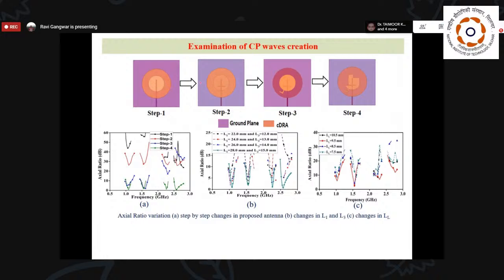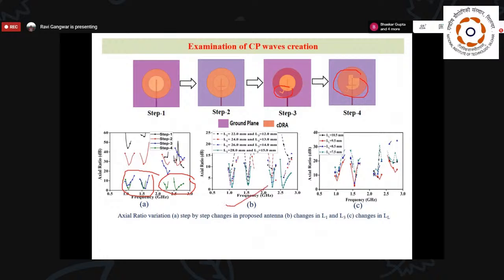For that purpose, I have gone through the same step-by-step procedure to design this particular antenna. Then I see that due to incorporation of this small L-shaped strip, we are able to get circular polarization in the first 2 bands of your proposed antenna. And when I modify this circular aperture, we are able to get another 2 bands, that is, the impedance matching is improved. Due to that, another 2 bands get circular polarization.